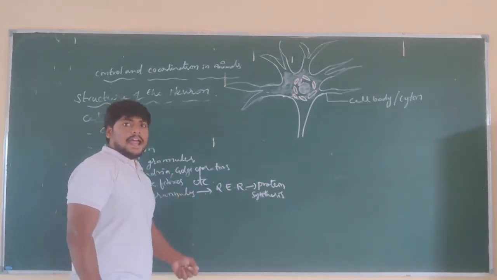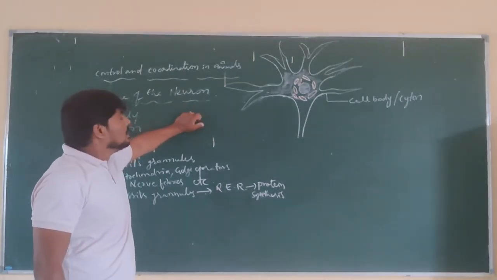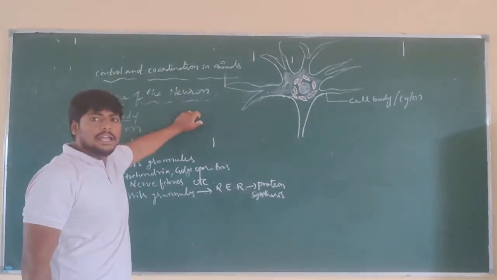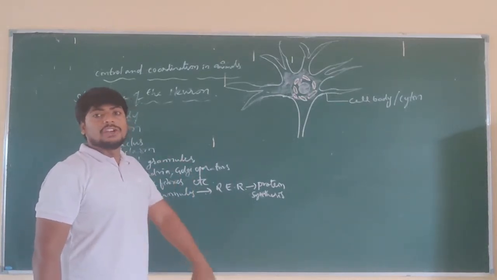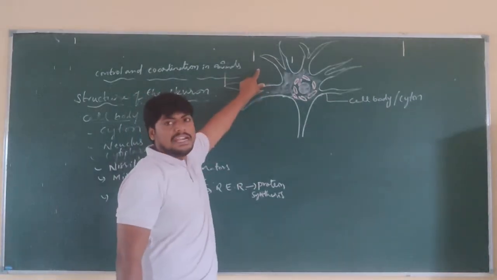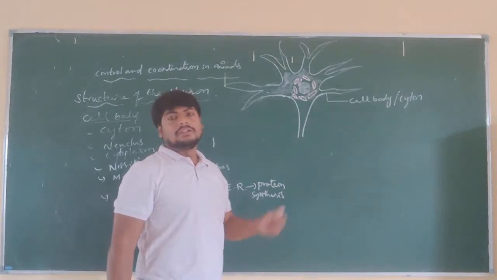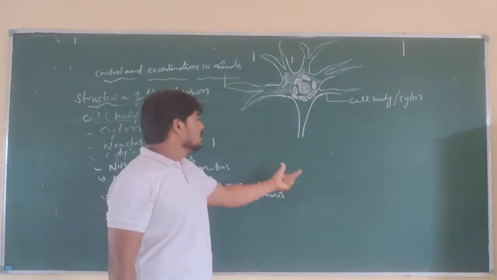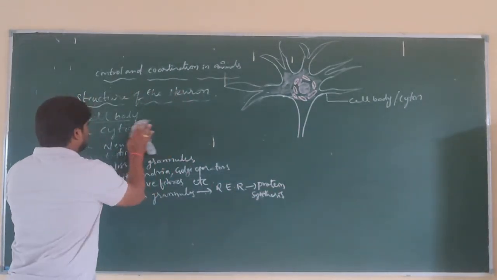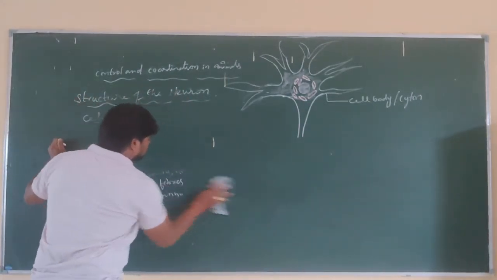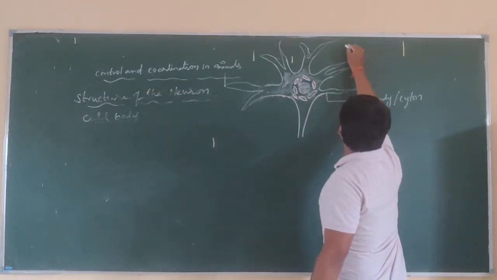That is important. And what is the important function of the cell body? The cell body receives the impulse or information which is collected by the dendrites, and from the cell body the message is transferred to the nerve ending or axon. That is the importance of the cell body or cytosol. And next, another part of the nerve cell is